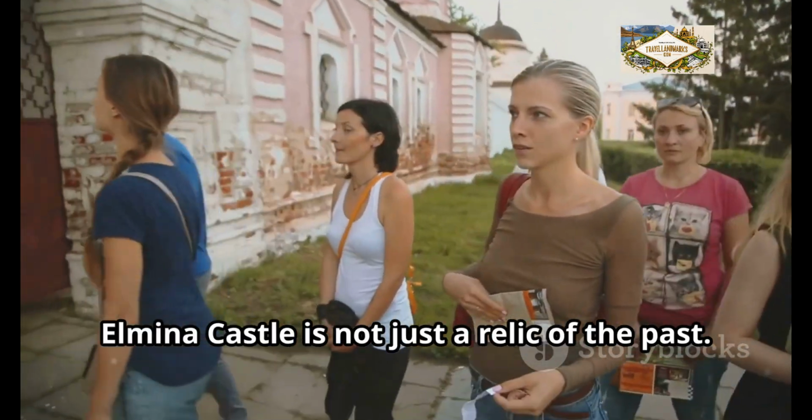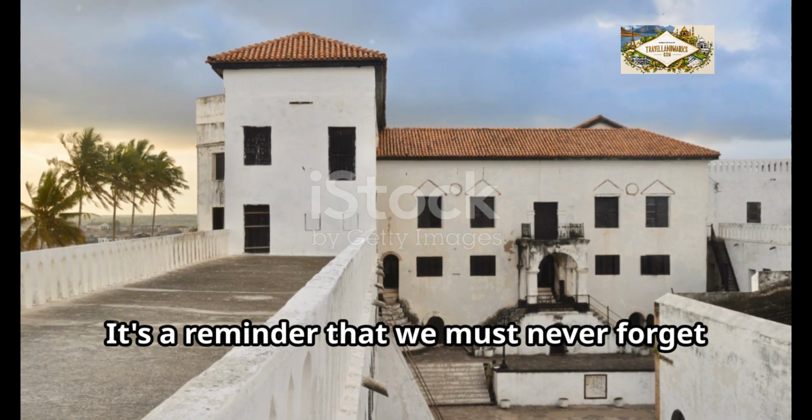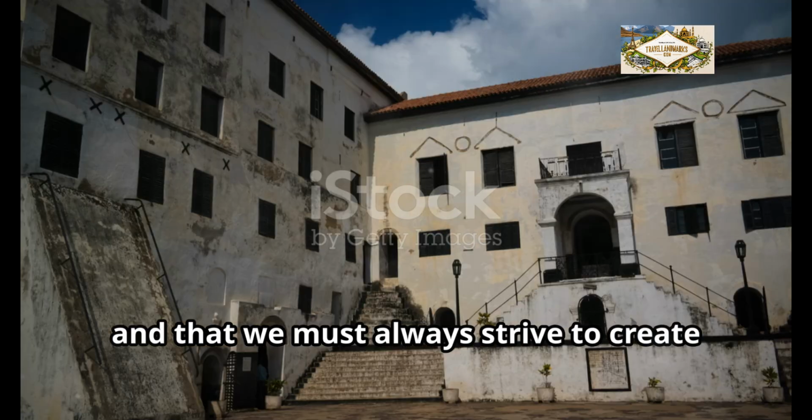Elmina Castle is not just a relic of the past, it's a call to action. It's a reminder that we must never forget the lessons of history and that we must always strive